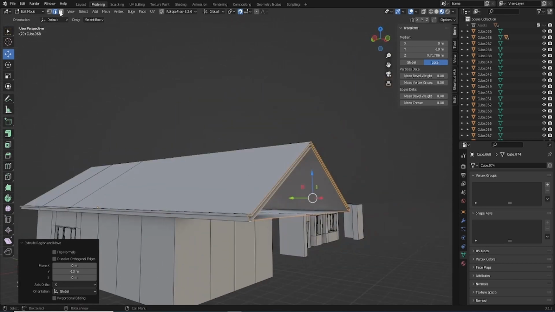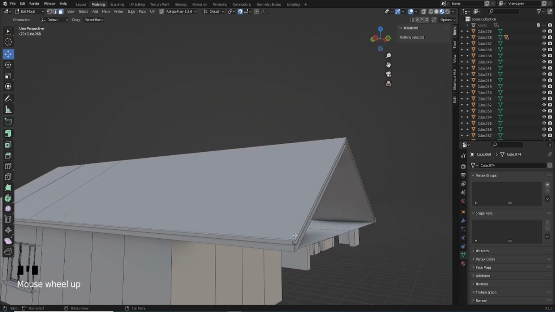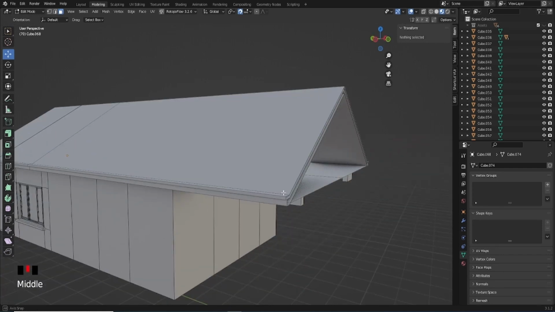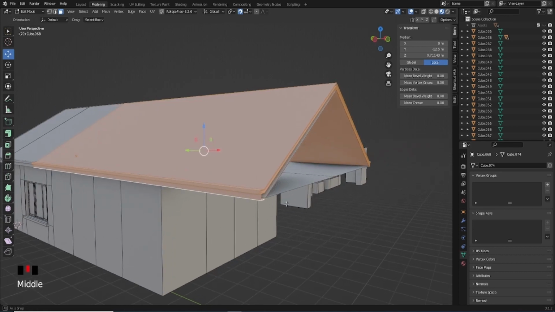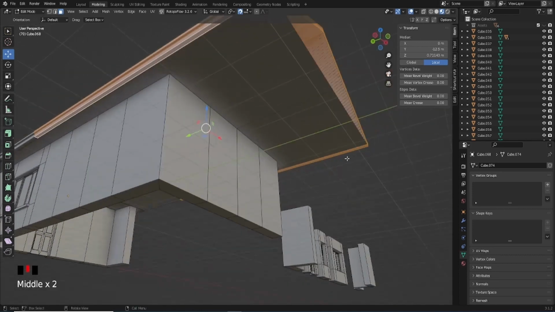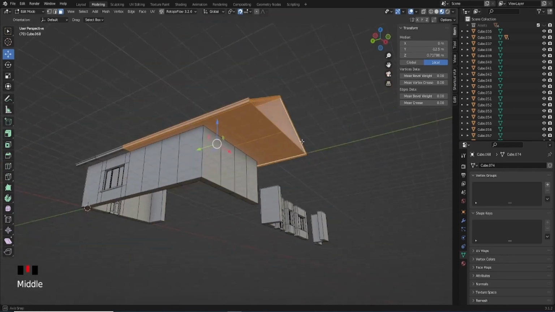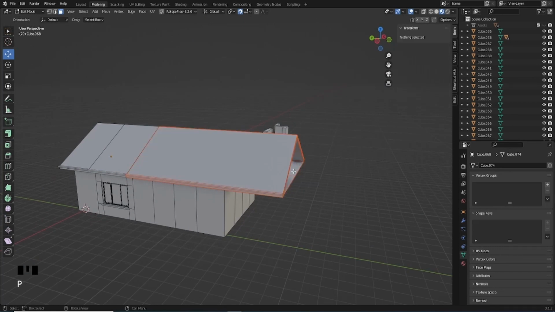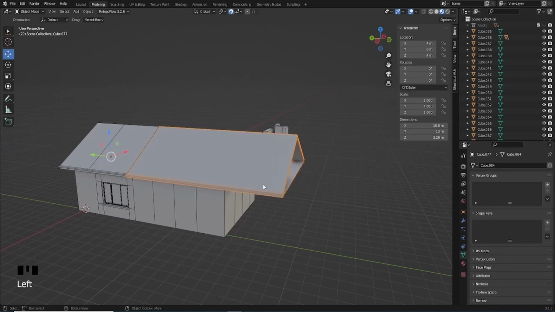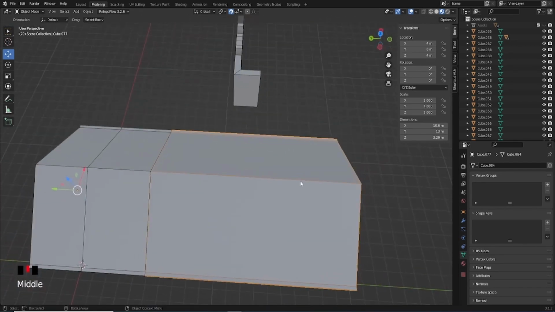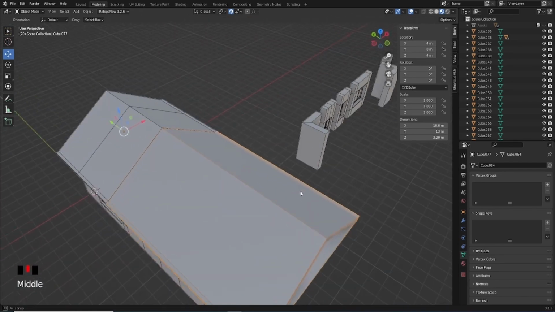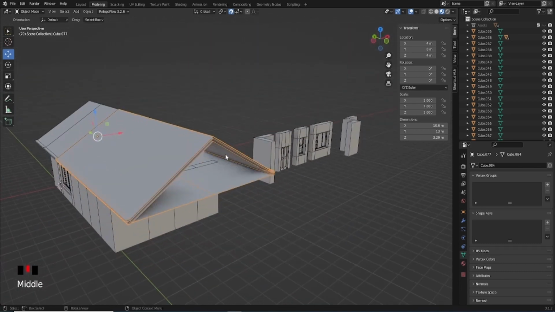So with all that done, grab my polygon and hold Alt and click, hold Shift, click again and Shift, click on the inside here and P, separate that. So now this is a guy ready to be cut as well, all his own piece. So to do this, we're going to